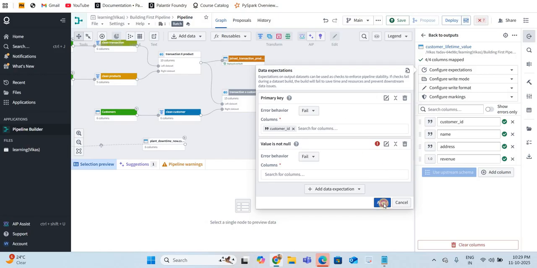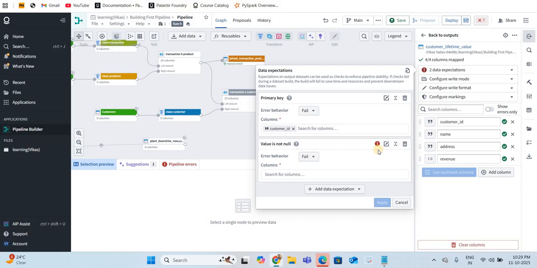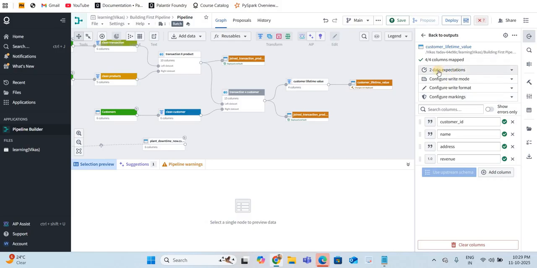Okay, so after applying, the data expectation will show a missing parameter with the ID column. I did not provide the ID column, so let me put name over here. That was the reason it was showing the warning or error. So the two data expectations I have written over here resolve the problem. Going forward, if there is any important dataset with a primary key, you can put a data expectation like this. I hope you got the point.